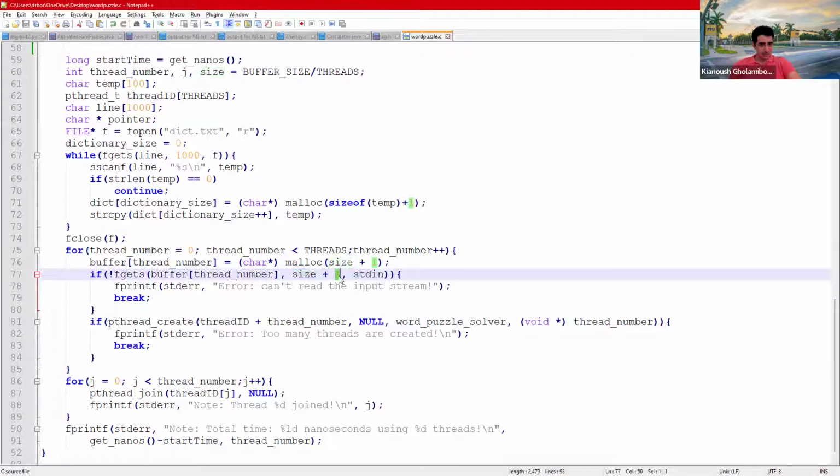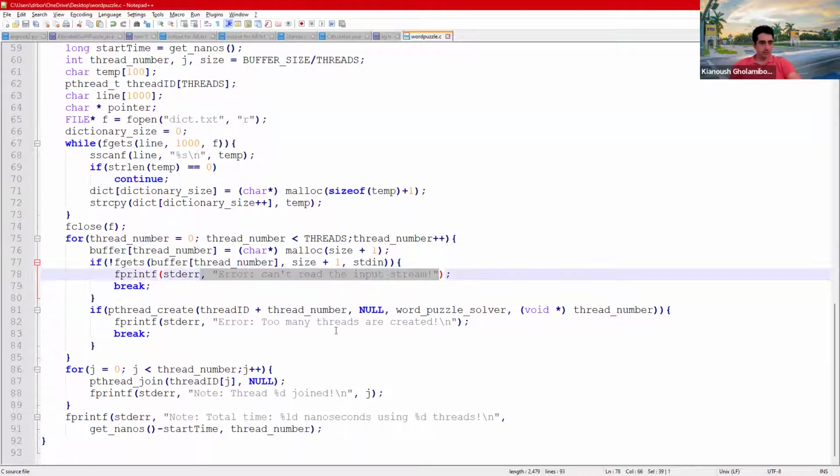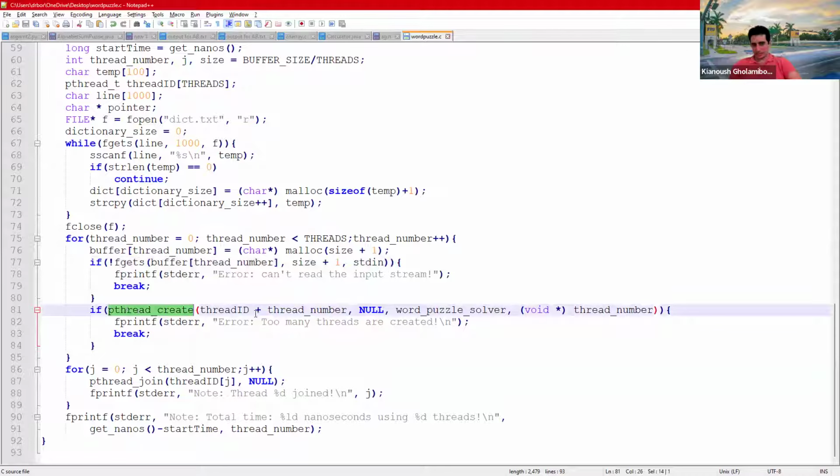That size plus 1 basically means you're going to fill up this buffer. This buffer would be a size plus 1, so we're going to read this many bytes. And if you cannot read it, you just print some error and say, I cannot read the input. And after you read that piece of the puzzle that is designed for one thread, you basically create the thread